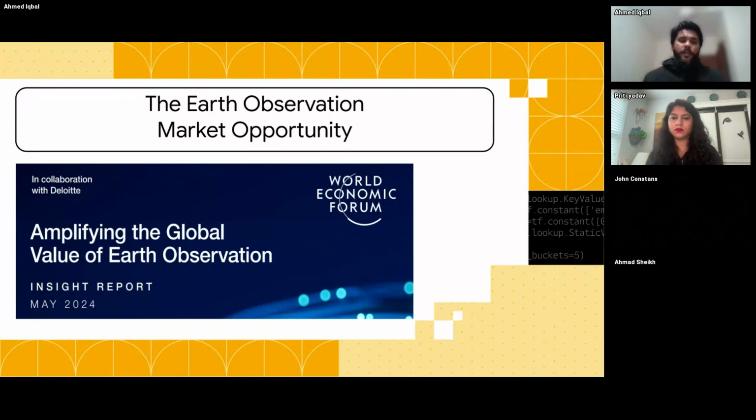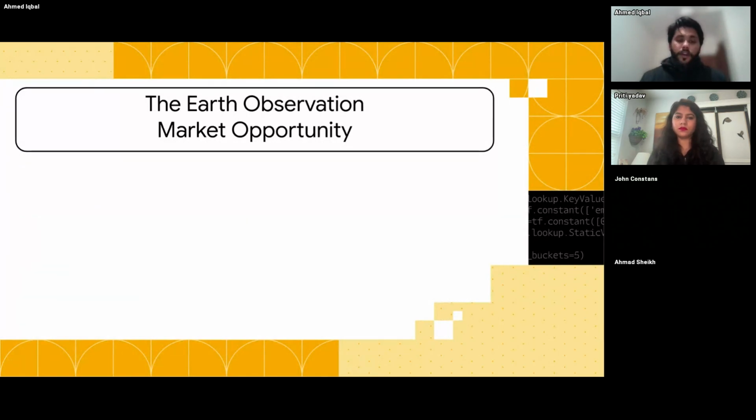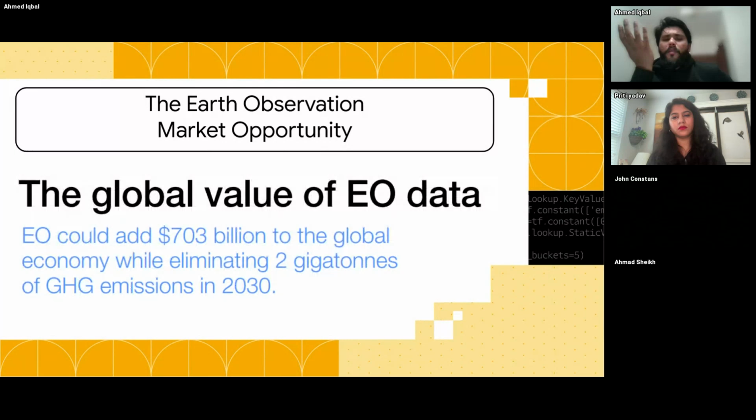This is from the World Economic Forum, and the executive summary of this report states that there is potentially more than $3.8 trillion of economic benefit that can be extracted from Earth observation-based data from 2023 onwards towards 2030. Currently the market cap of the Earth observation market is about $300 billion, which is poised to grow upwards of $700 billion by the end of 2030,